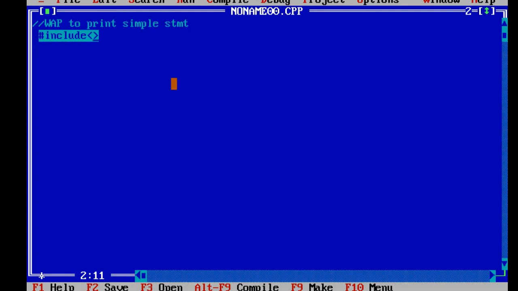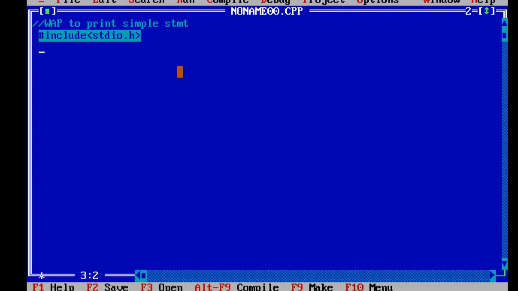Now the less than and greater than signs which I have given, it's nothing but they are representing my header file or library file. These are already predefined and they are providing us certain functions also. For example, if I use stdio, the full form of it is standard input output, means definitely it is providing me input and output functions. Dot we are using for separation. H is representing header. So this is called a header file or library file.